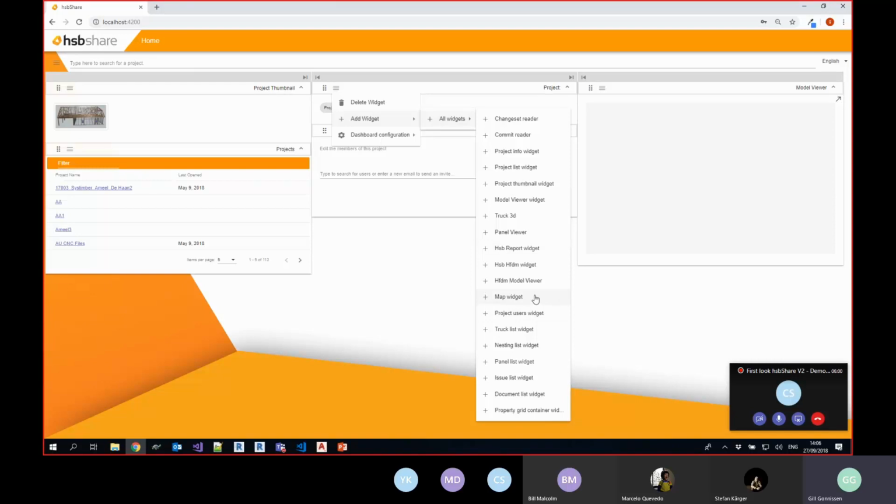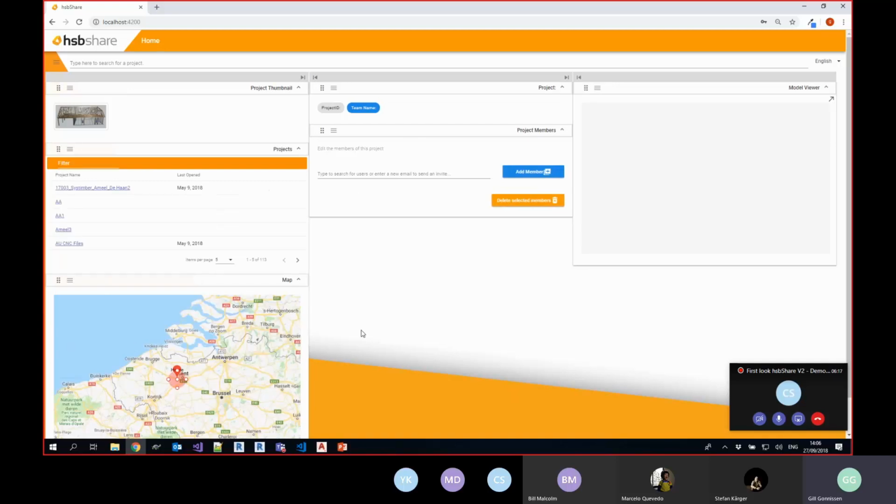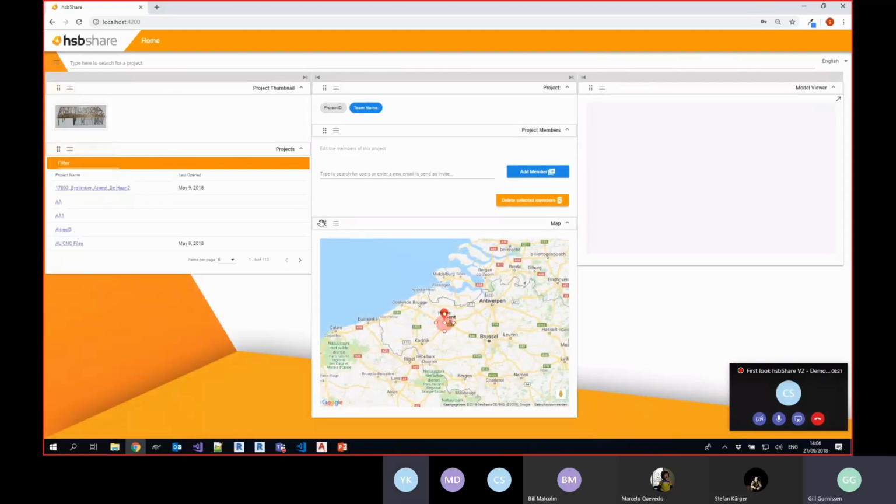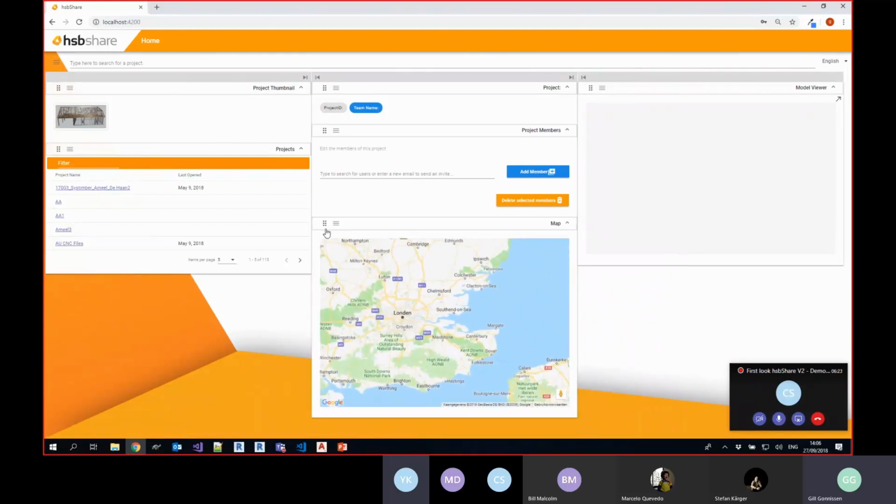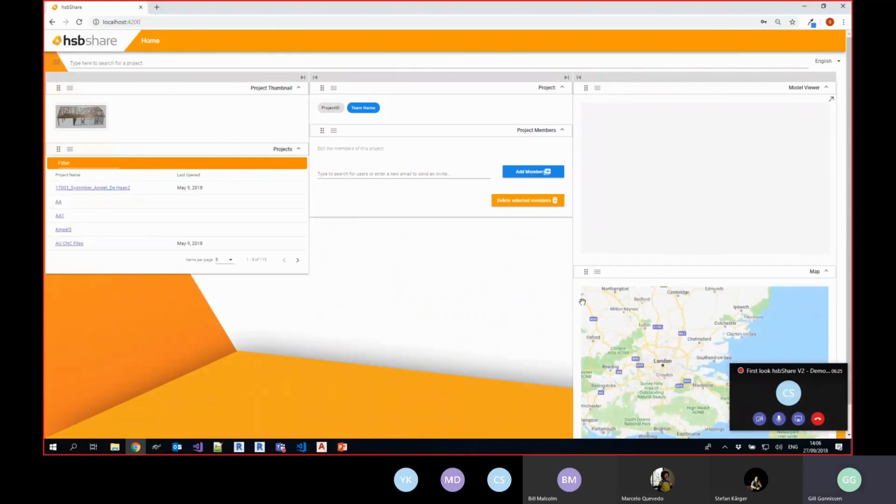The intention is to expand this list of widgets according to what the need is at what point. But I was explaining how the dashboard is constructed at the moment. So we can just add a widget to the dashboard. We can drag and drop it from one column to the other. And so we can customize it for each user